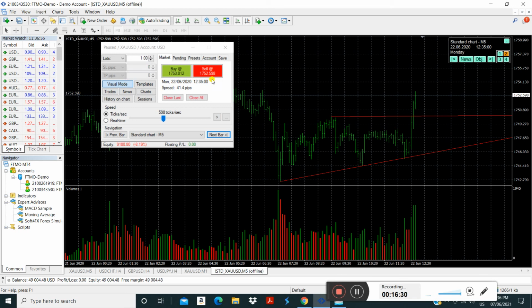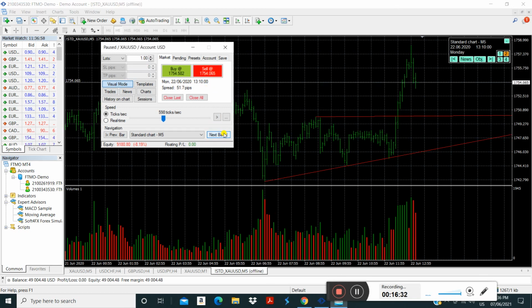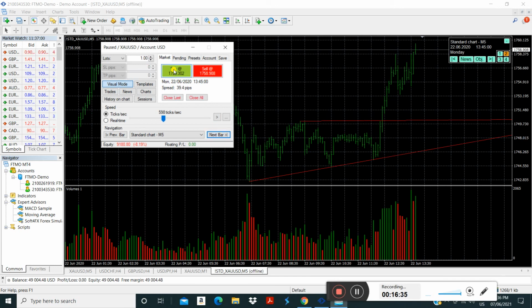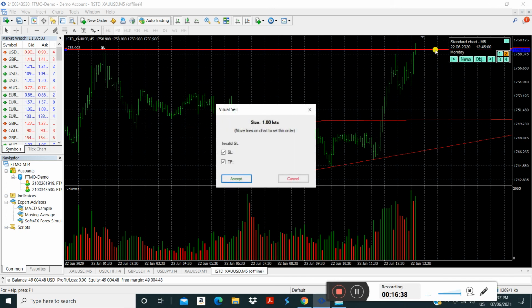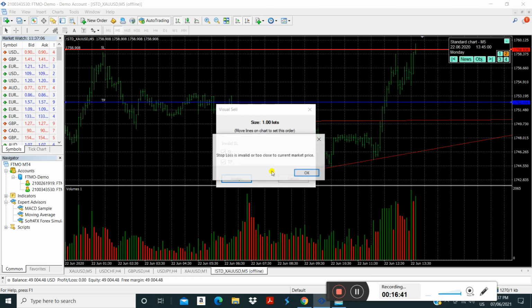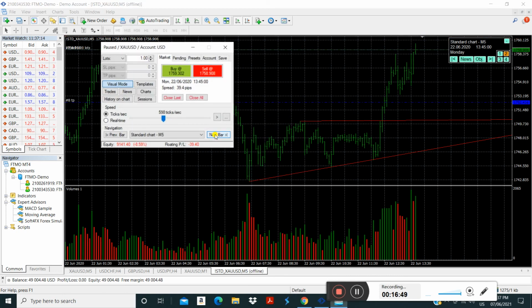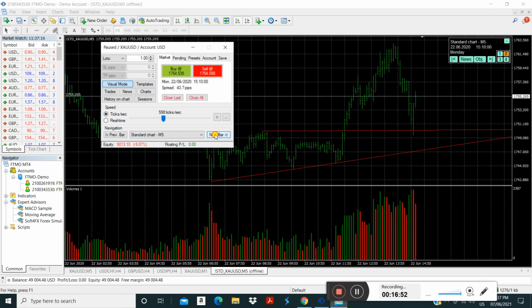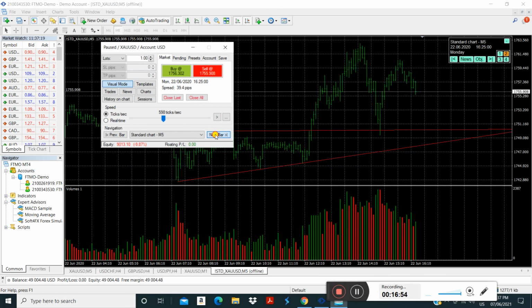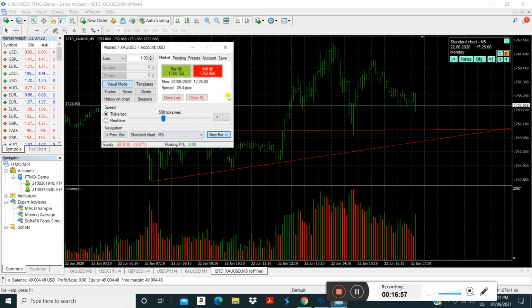All right, so you can see next bar, next bar, next bar. I can sell it, let's suppose. Yeah, so you can see some trades are losers, some are winners. I'm just showing you this for demonstration purposes. And if you want to see the news, you can see what time the news were available. At this time the news came out, at this time the high impact news came out.